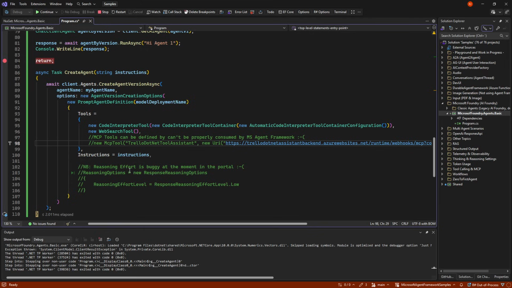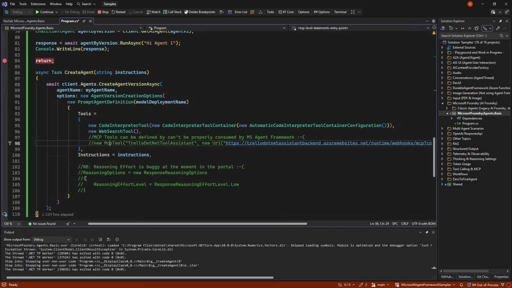So that's the reason I've taken it away, but otherwise it's just a name and a URL, which also is a bit buggy in my mind, because if you had a remote MCP tool that needed an API key and its headers, you wouldn't be able to give that through this agent NuGet package right now.